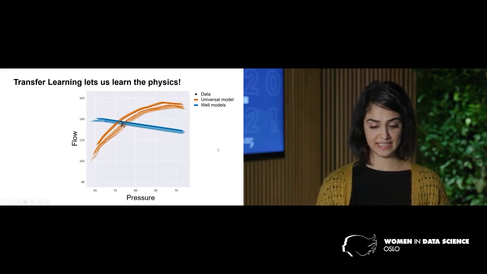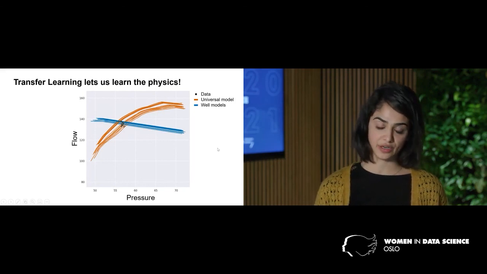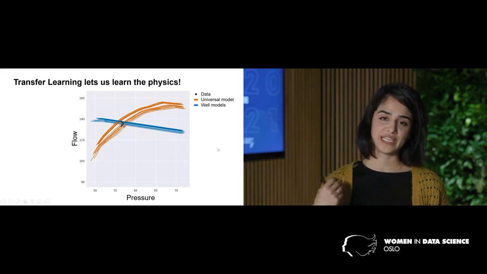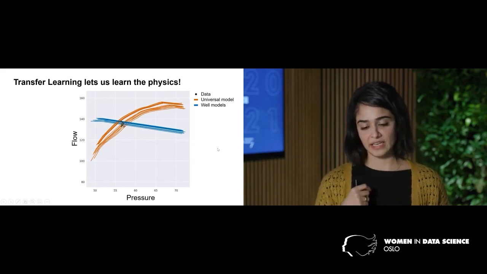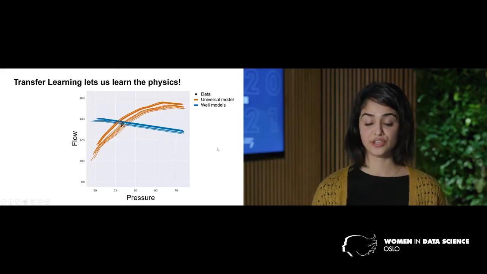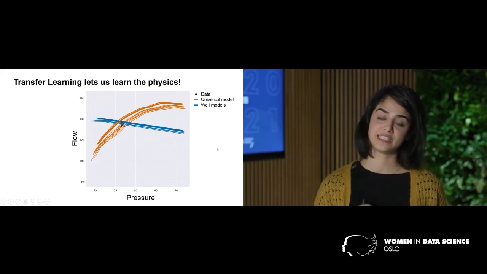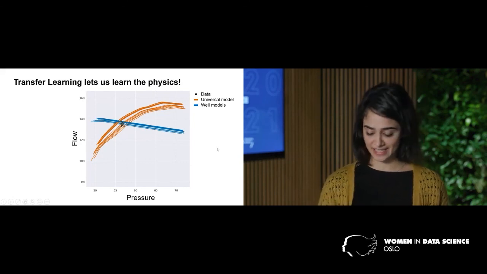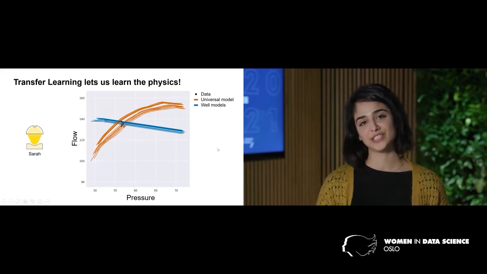And what you can see is that the blue models are actually predicting a counter-physical behavior. That means that it's predicting that the flow will decrease as you're increasing your pressure, which in most cases doesn't really make physical sense. If you increase pressure, you would expect an increasing flow. But what you can see on the universal model, or the transfer learning model, is that that model is capturing this physical behavior in a beautiful way. It's nonlinear, it's increasing. And Sarah, the engineer, would be super excited to see these models, and that would increase her